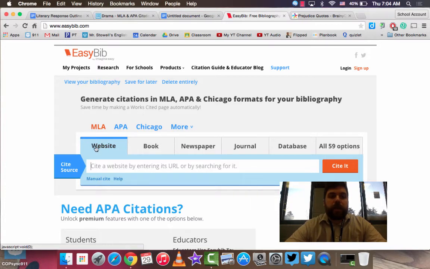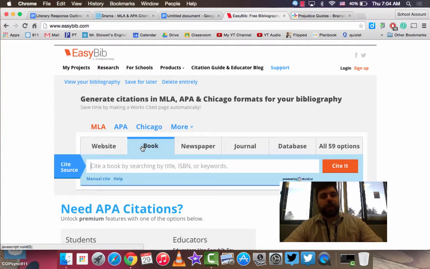Next up, pull up EasyBib, easybib.com. There you go. You will see a website, and MLA is already checked by default. We're going to do our book, 12 Angry Men. Now there are different ways to search for the book. Easiest way is to go ahead and type in